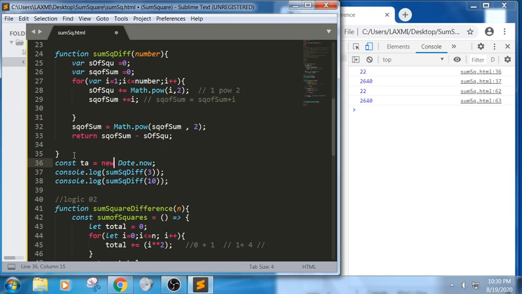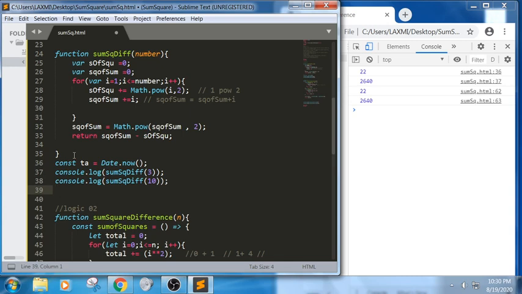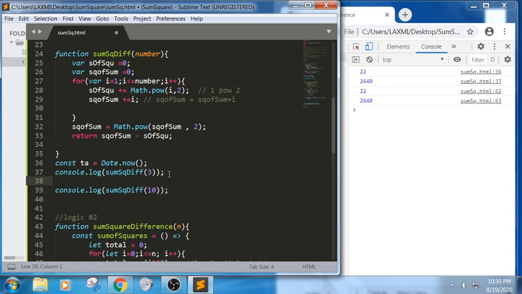In order to get a date we will be writing date now, which will return the time, or else we can also use performance, which will return the value of the executed state. For example, let us compare with the first statement. Let us check how much time it takes to execute this statement.